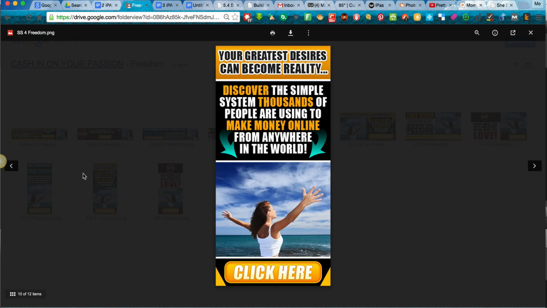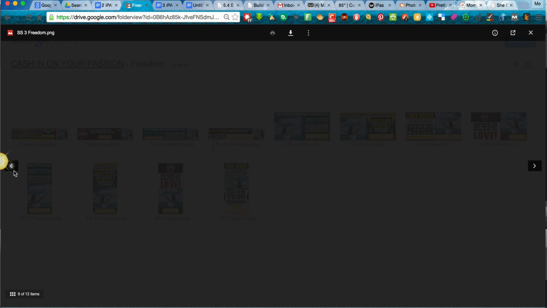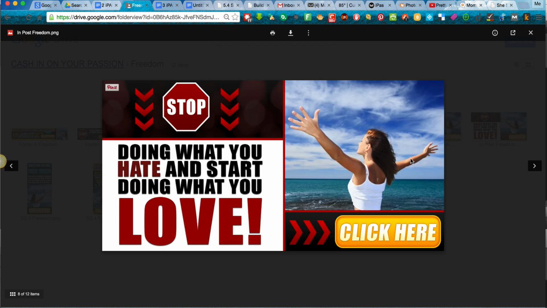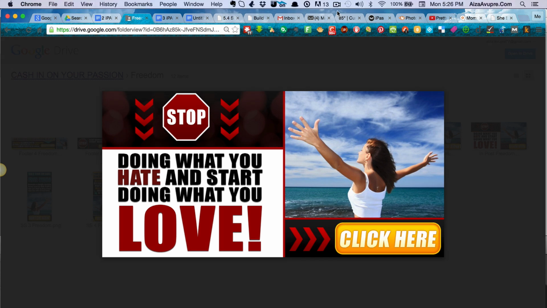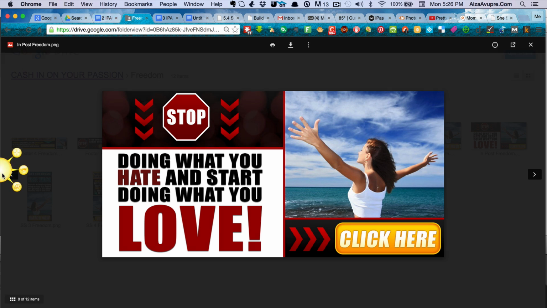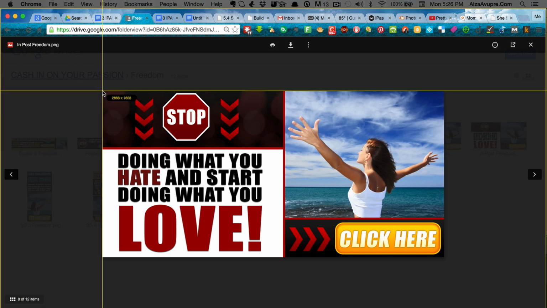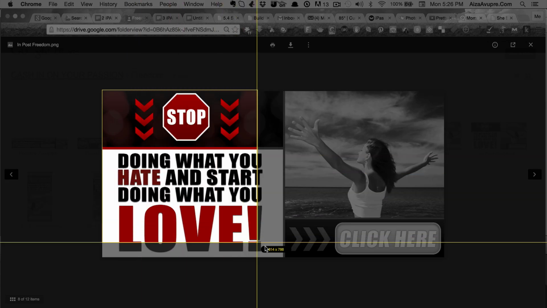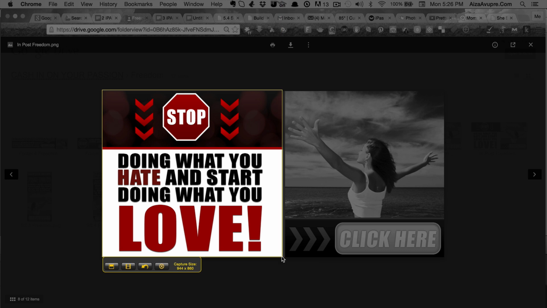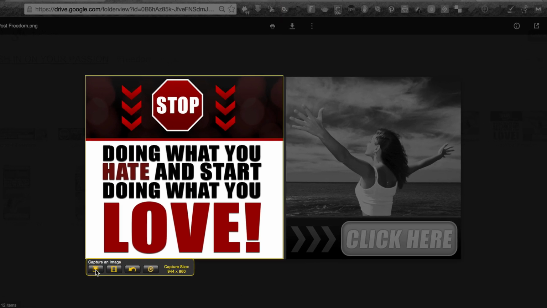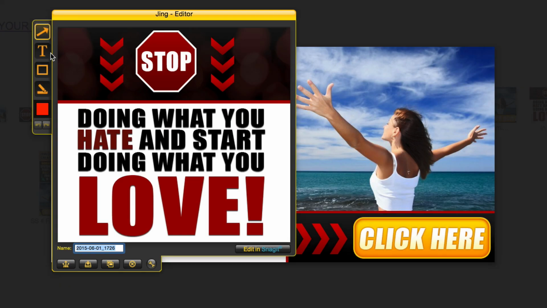Let's say that I wanted to use a different format. Let's say that I wanted to do this image right here. I could use my computer's screenshot function. I could use Dropbox, or I could use a free program called Jing. If I use Jing, it's represented by a sun icon. The top ray will give me crosshairs, and I can align these crosshairs here and highlight and select the portion that I want. By clicking on this first option that says capture an image,